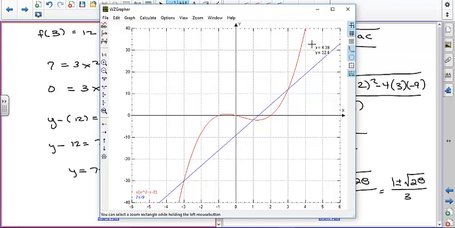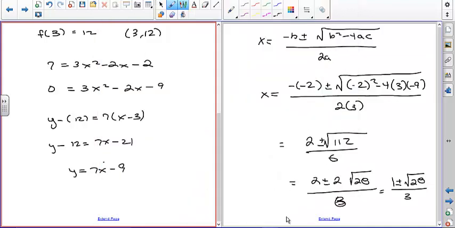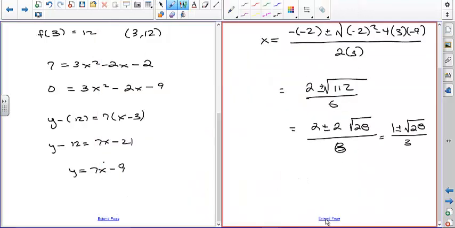So let's actually see what the decimal values are and see if these are even close. They're in the right ballpark. So you'd have 1 plus the square root of 28, the whole thing divided by 3. So I get x equals 2.097, and